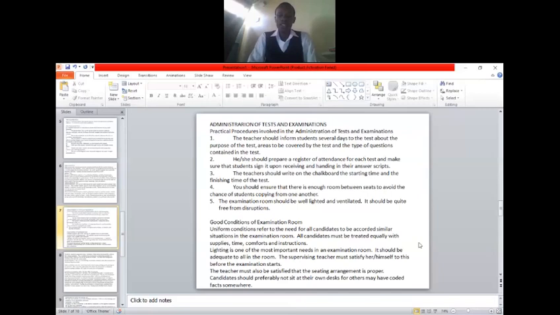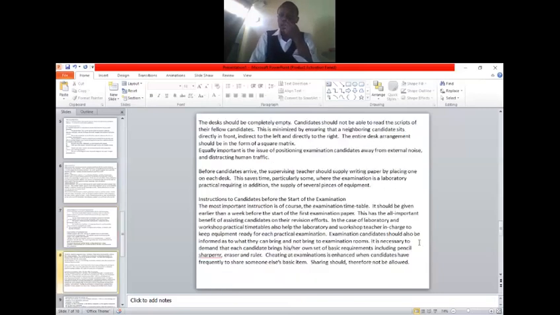Candidates should preferably not sit at their own desks, for others may have coded facts somewhere. The desks should be completely empty. And candidates should not be able to read the scripts of their fellow candidates. This is minimized by ensuring that a neighbor